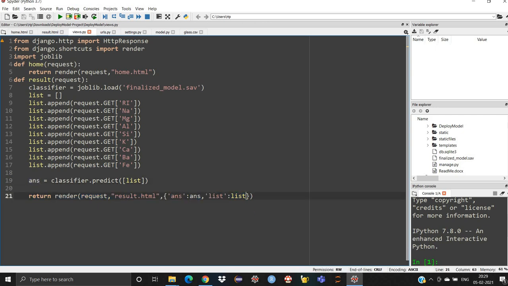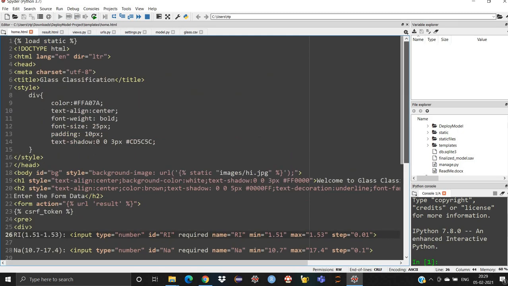You can either pass answer or any number of things which you want inside your result.html. But since I want to pass answer as well as list, I'm passing it here, rendering this so that it will pass into my result.html file. But I'm only using answer. So it's your call how many parameters you want to pass.